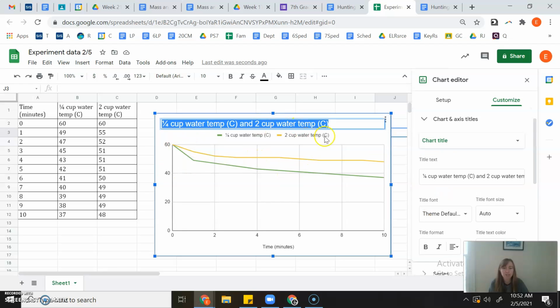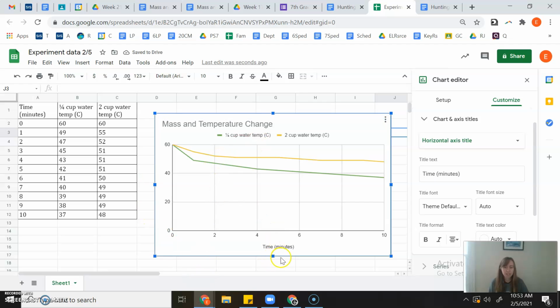I also want to change this title because this is just too long. I'm going to change this to be about our experiment, so mass and temperature change. There's not really a correct or incorrect title. It should just be about what your experiment was about. And then the last thing that's tough to find, it took me a long time to find,